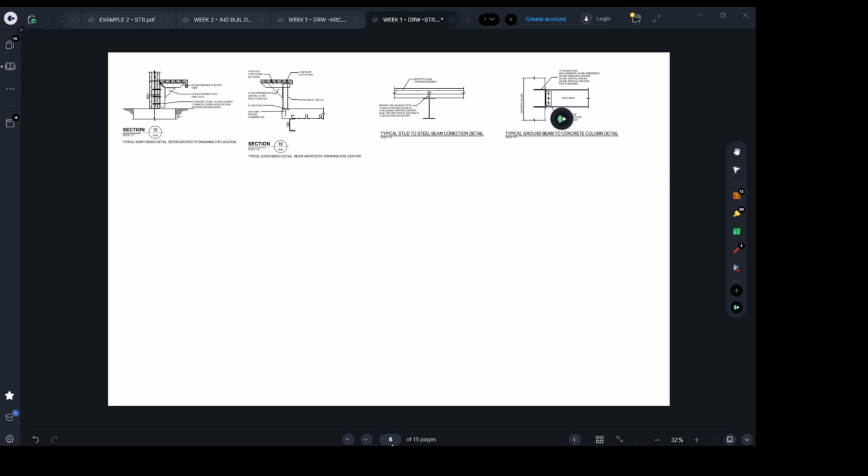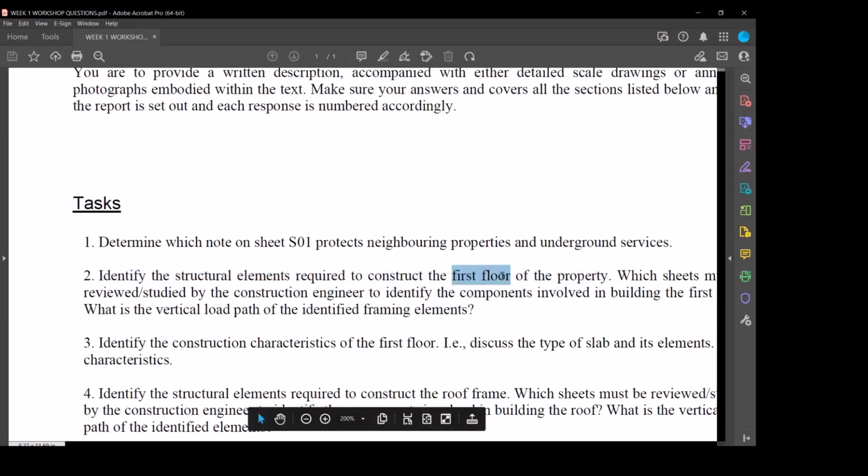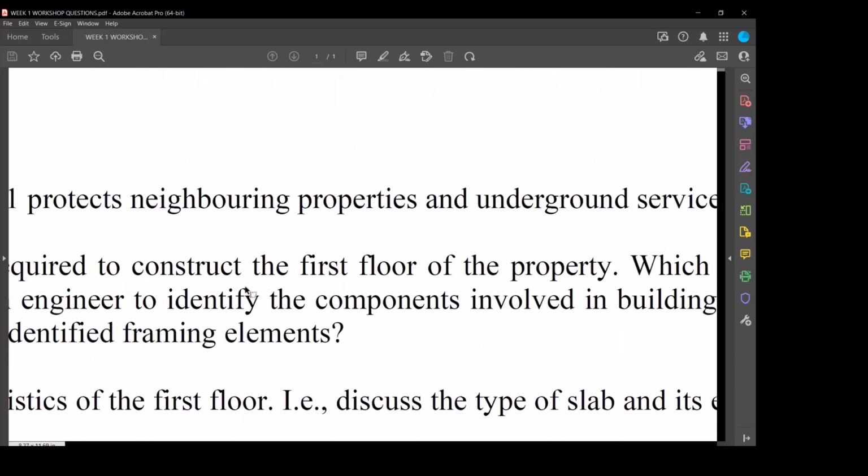Yeah, maybe because the question is about the structural element. It doesn't say just only the slab. All the structural elements. The first floor of the property. The columns and the beams are not from the structural elements for the first floor. Yeah, but we just need to be careful for constructing the first floor. First floor means